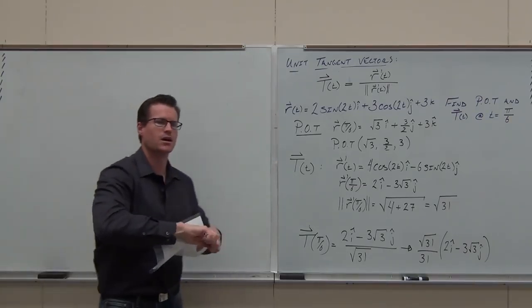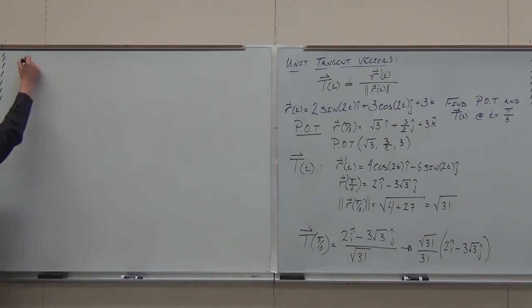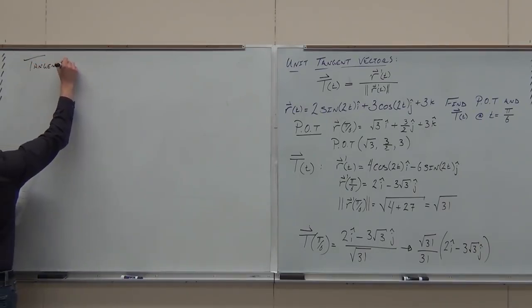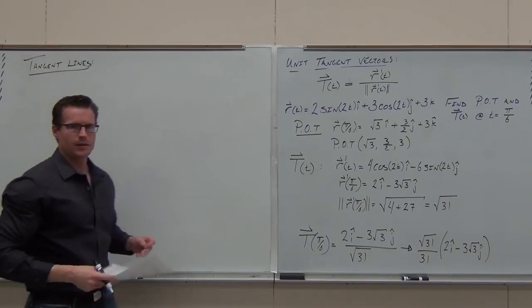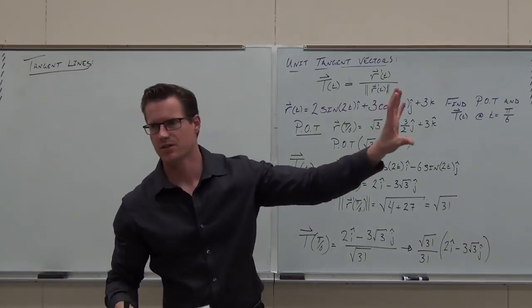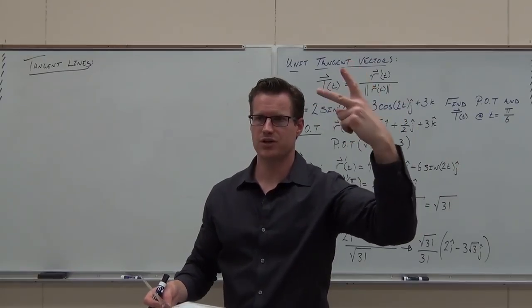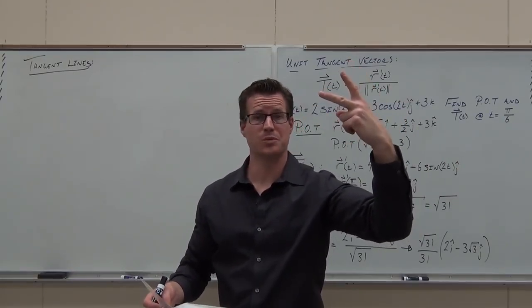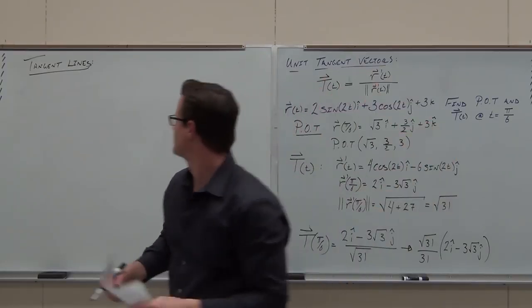So for tangent lines, literally one more step. That's all there is to it. Any line through space, any line, tangent line or otherwise, needs two things: a point and a direction vector. Well, if you make it more specific, tangent lines need a point of tangency